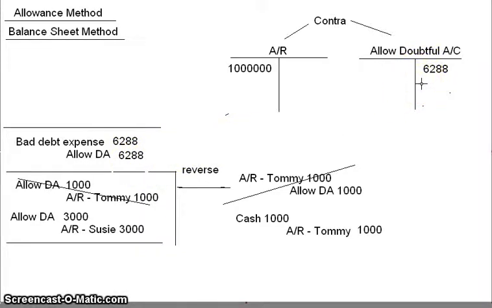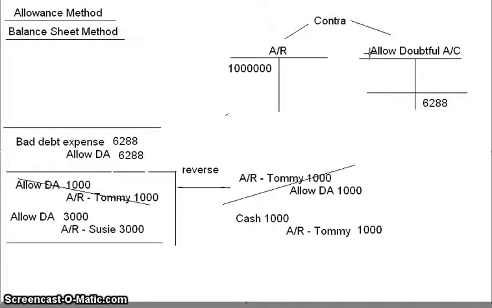Let's say that we did decide that $6,288 was the correct number to use. We did an aging analysis and that is the correct number. With the balance sheet method, what we're saying is that $6,288 is going to be our number for the allowance for doubtful accounts. Now the allowance for doubtful accounts, because it's tied to receivables here, is a balance sheet account, which means